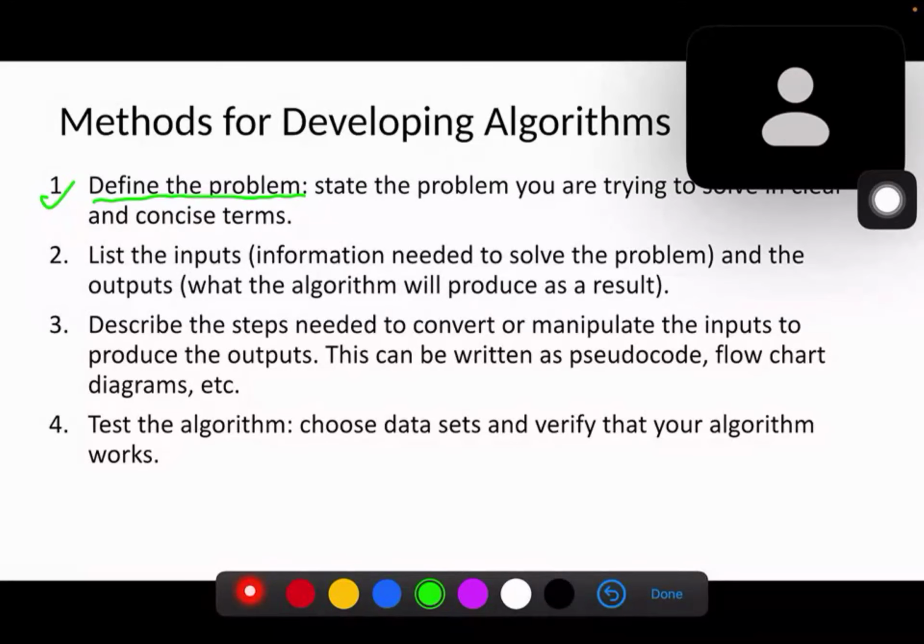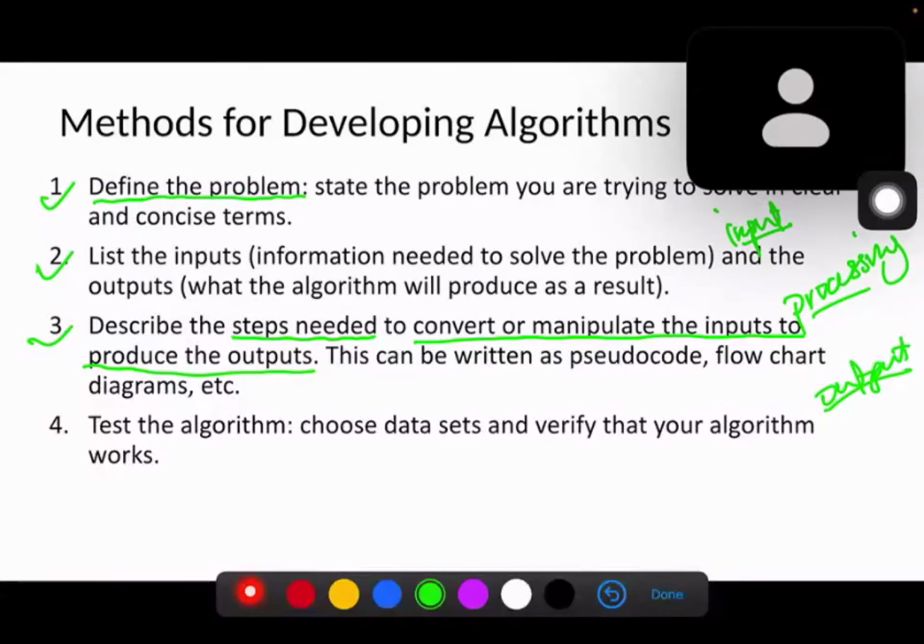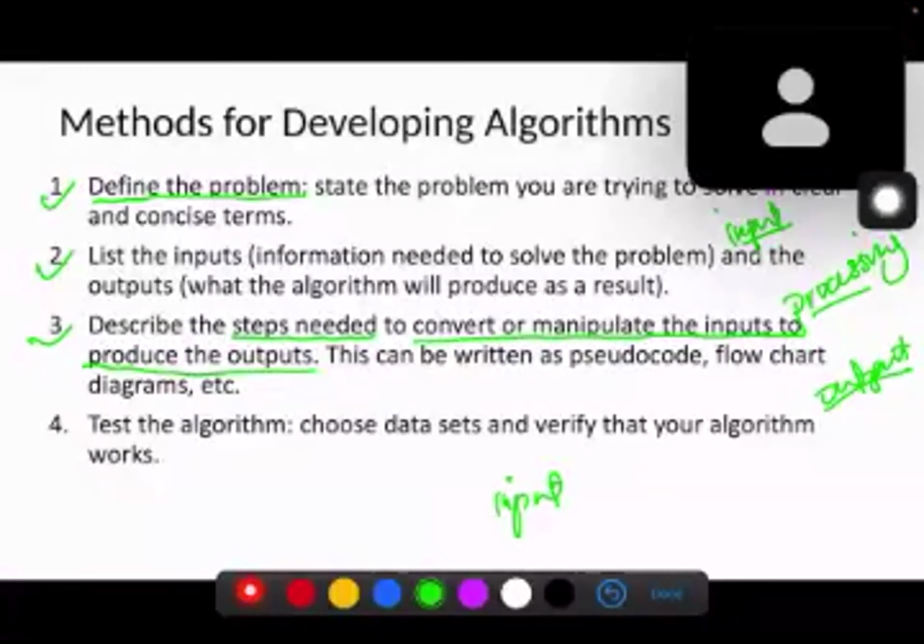Then once you've done that, number two, you go ahead and list all the inputs. The inputs are the information you need when you are trying to solve the problem. Then you describe the processing, the steps that you take to convert or change the input to the output. We call that the processing. So we do the inputs, the processing, and not forgetting the output. These three things are important. If you remember, we have talked about this in the framework: the inputs, the processing,